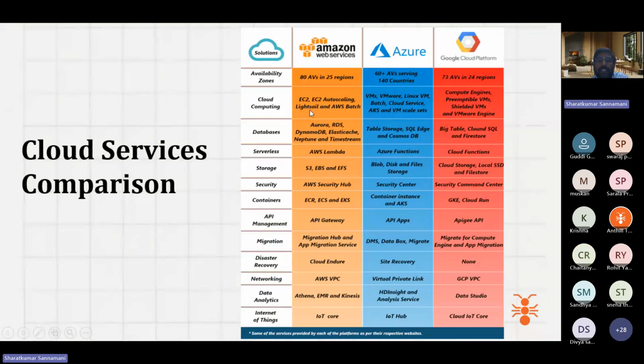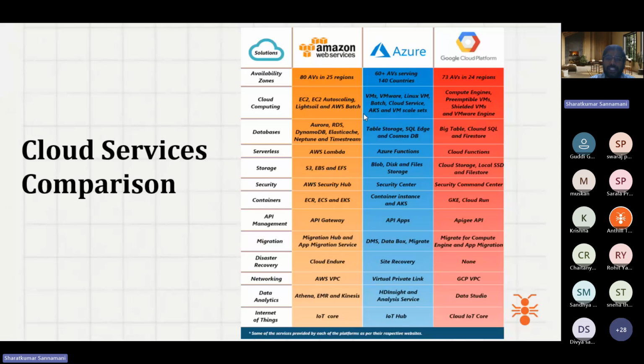The concept will be the same. For example, if you see Amazon, it is all in orange color. Azure will be in blue color. In Google Cloud console, most of the resources will be pointing in orange color, right, Sharat? Yes. So they have their own standards or identities that they have made.